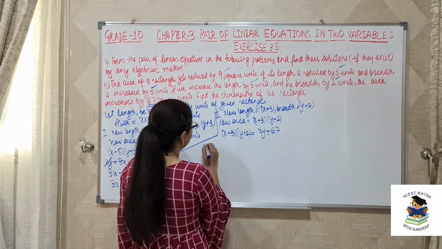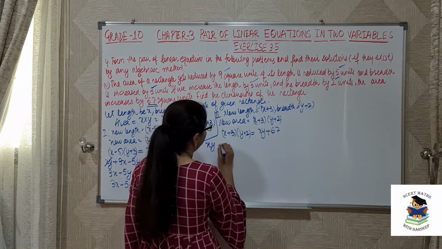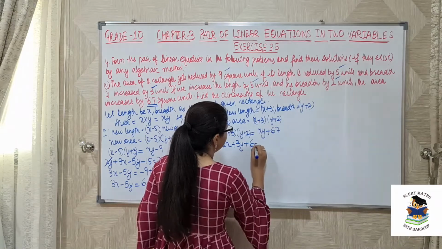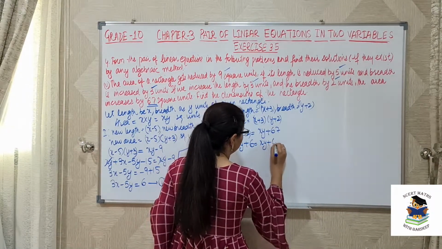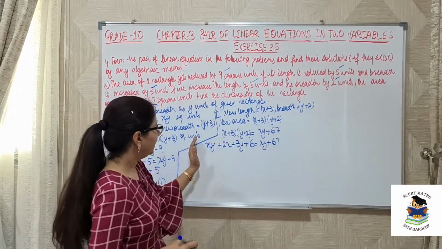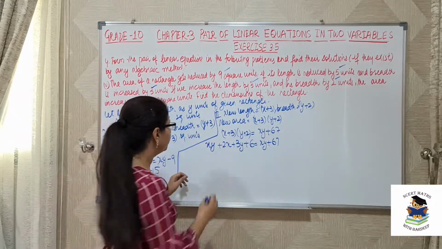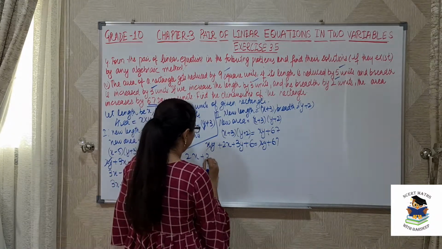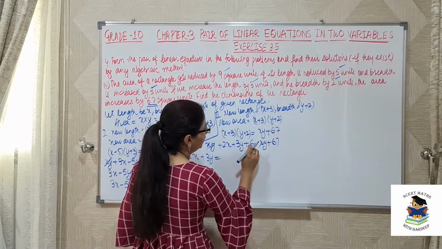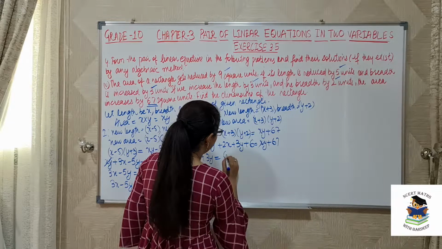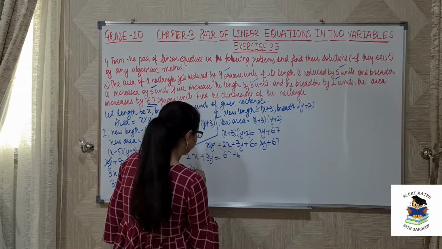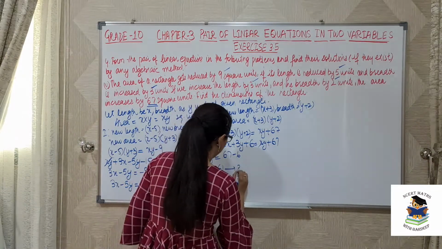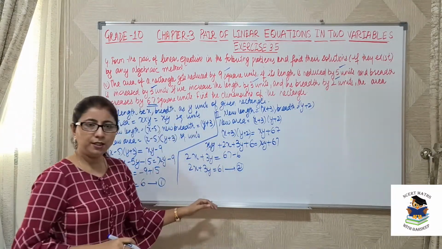Again open these brackets. So this is x into y as xy plus 2x plus 3y plus 6 is equal to xy plus 67. Again xy are like terms with same sign, so they will be cancelled. Equation is 2x plus 3y equals to, this 6 will be shifted to other side, so 67 minus 6, 61. So this is our second equation.